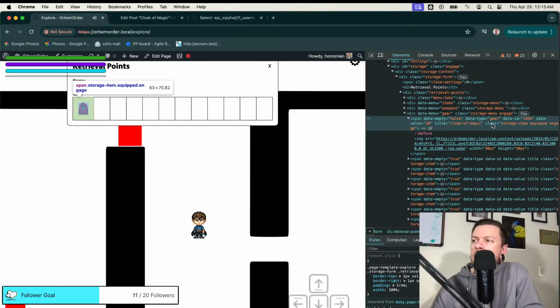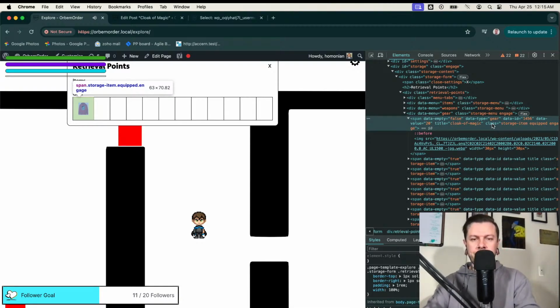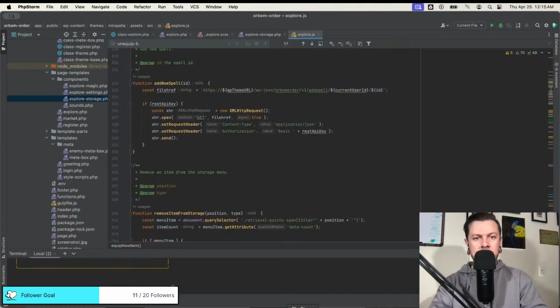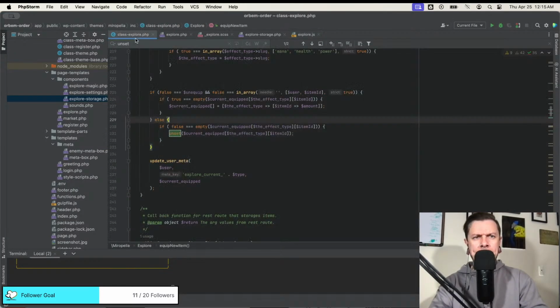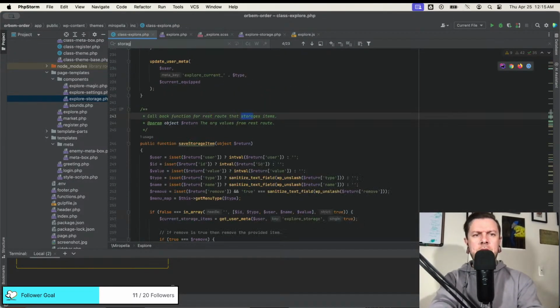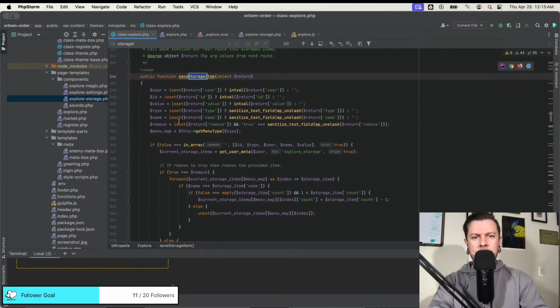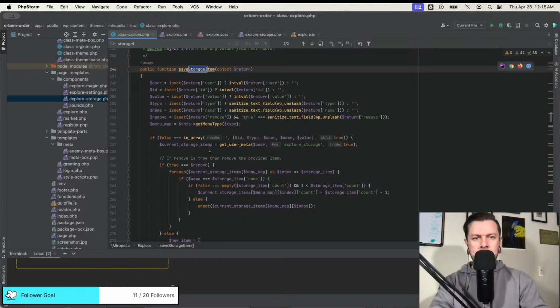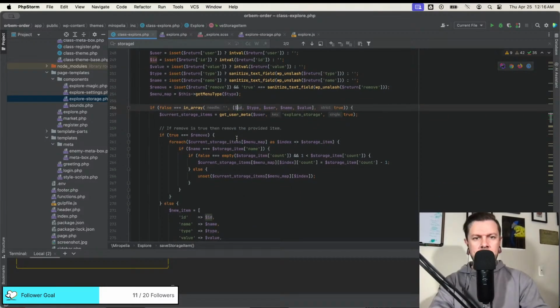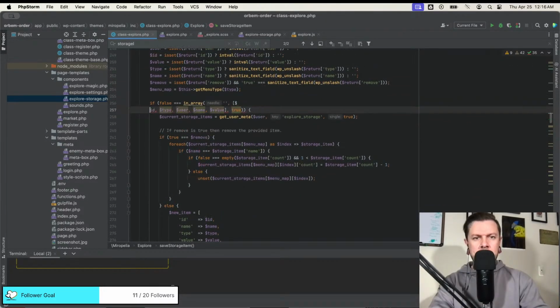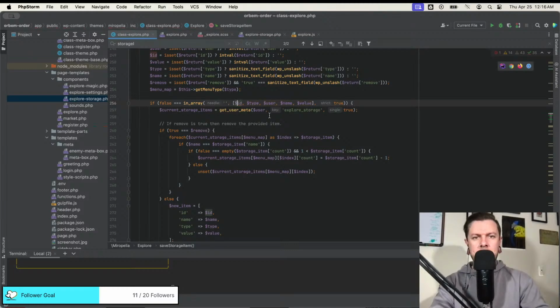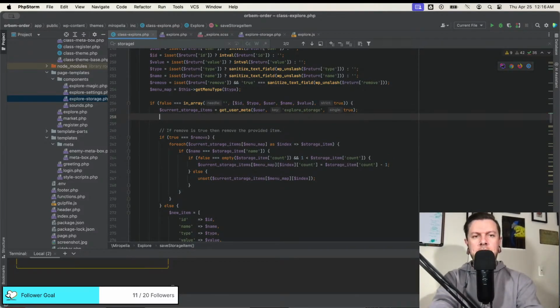Like, I don't want to, but let's rewrite the storage item code. Alright, storage. Save storage item, type. So now that we have type and ID, let's go ahead and pull out the item subtype.